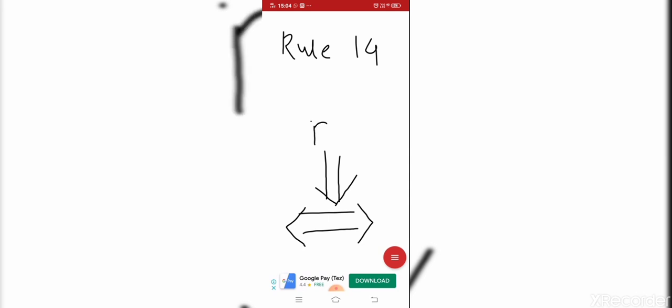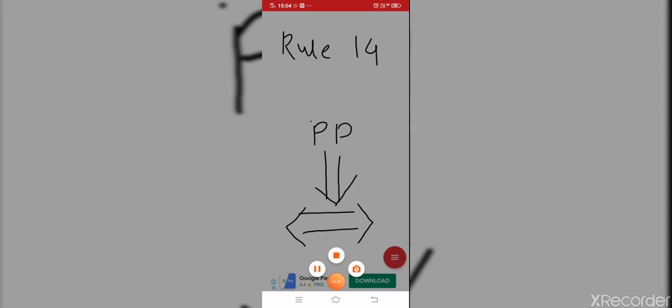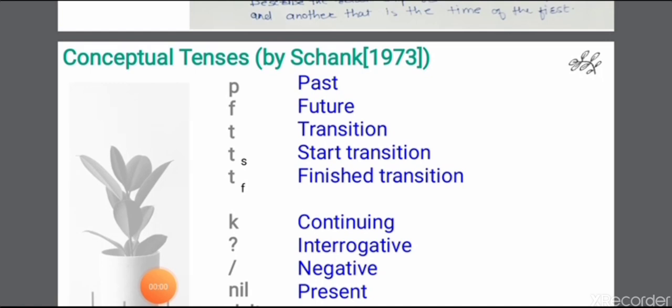And the PP is over here. What does rule number 14 say? It describes the relationship between a conceptualization and the place at which it occurred. Okay, there are some kinds of tenses which